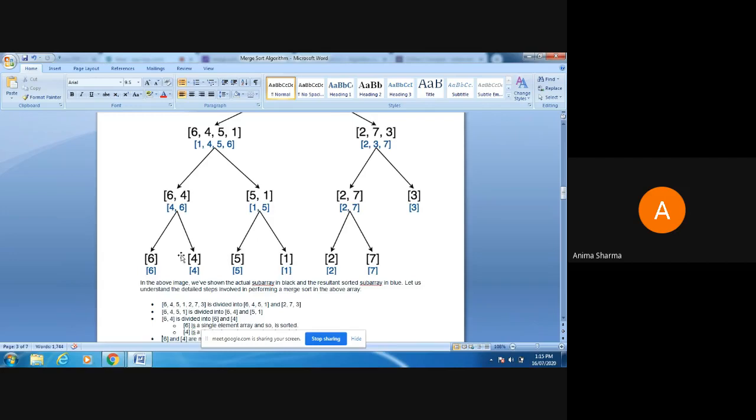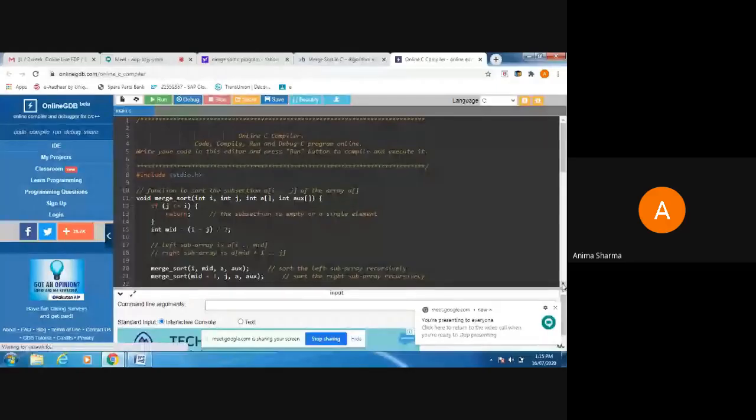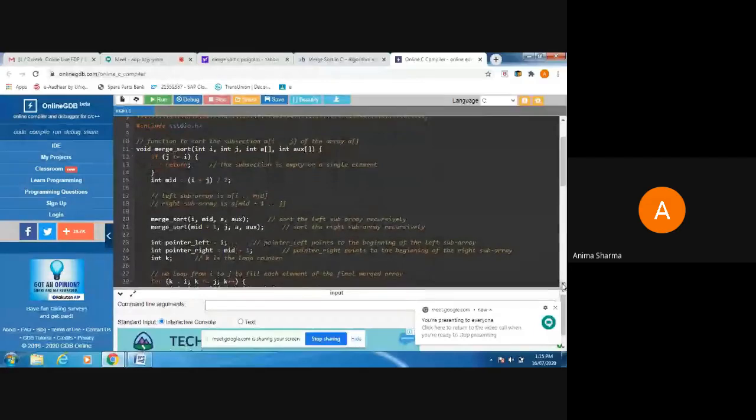Now let us take the coding part of it. This is the code of merge sort, how we apply this logic in the form of code and get the output of the merge sort.